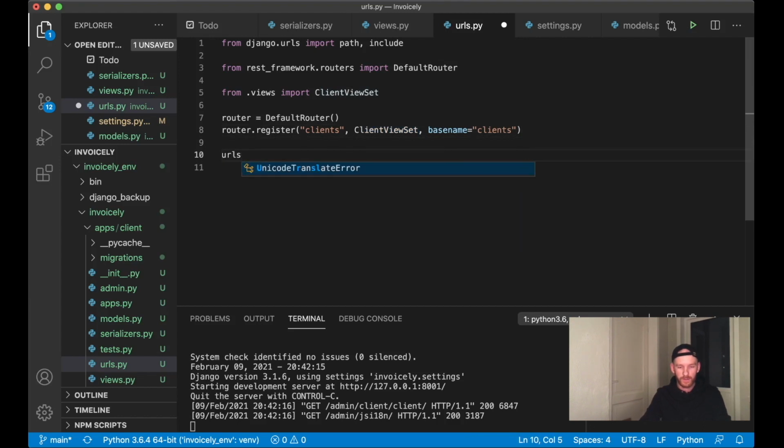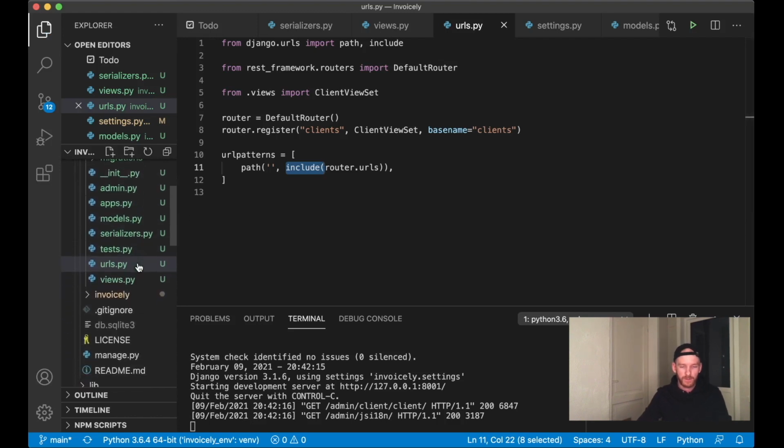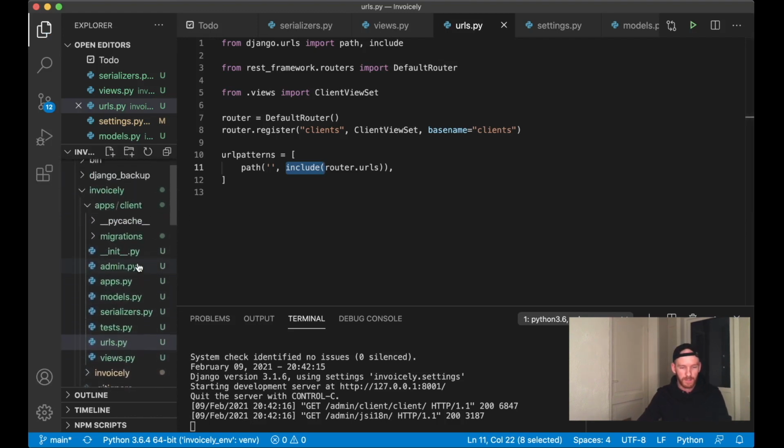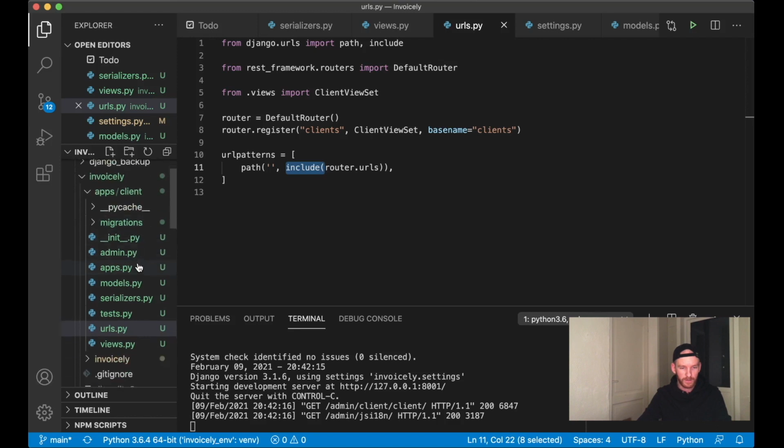And then we just create a new URL patterns like this, which is a list. And we can just say path empty, and when it is, we say include router.urls, and then the Django REST framework will fix this for us. So then we can save this, and then we just need to import this in the main URLs file, which is located in